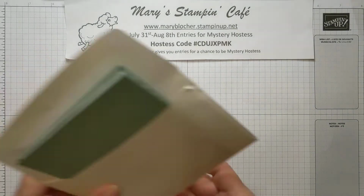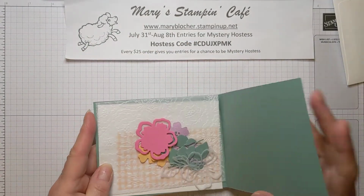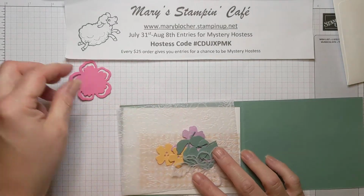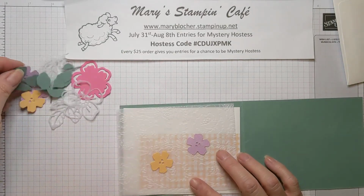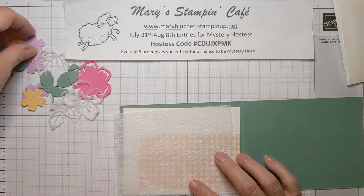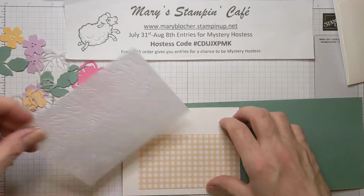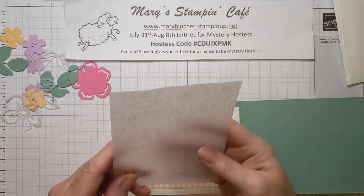All right, let's take a look at what we have today. I've already gone ahead and done all of the die cutting and embossing for this project so that we wouldn't have to spend so much time with me just cutting things out. I am so in love